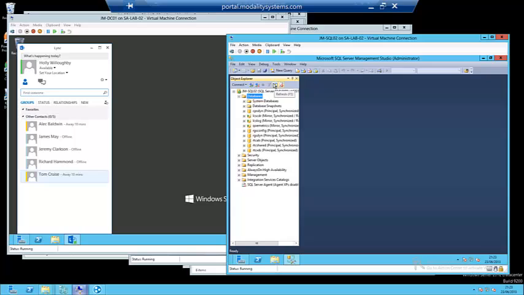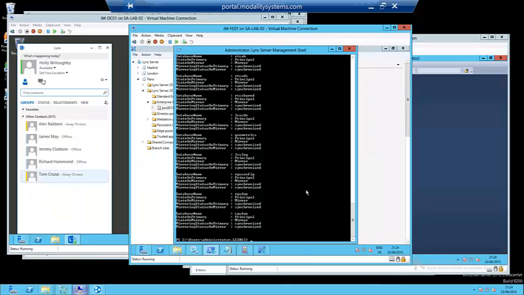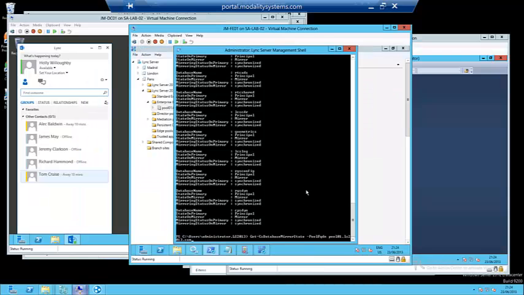So I'll refresh on the mirror node here. Cool, so we can see that every single database on this mirror node is completely set to principal. It is disconnected because the primary node's offline, but this server is now servicing all database requests for this front end over here. And if we check the database mirror state again,